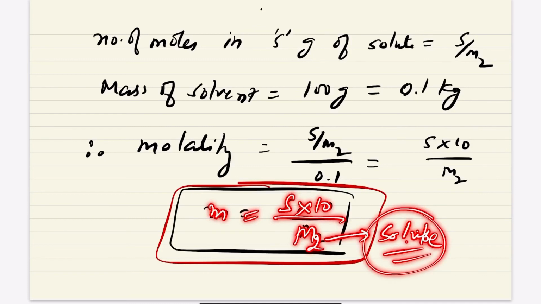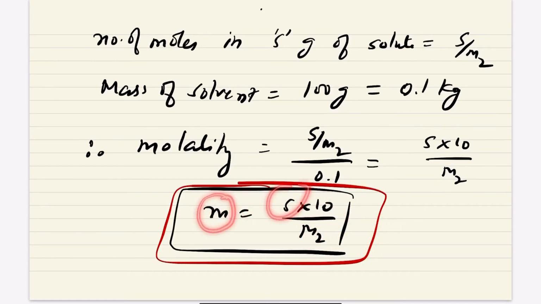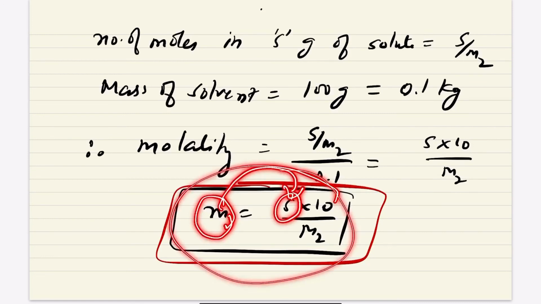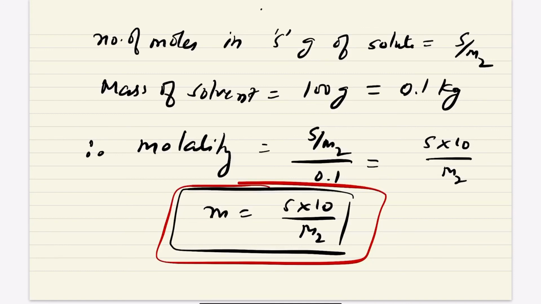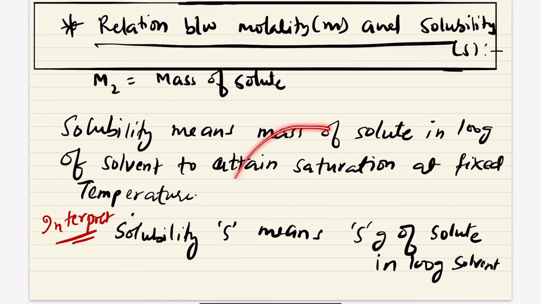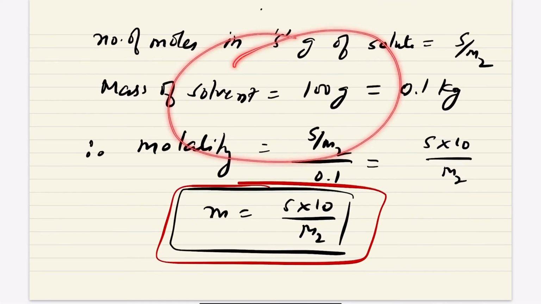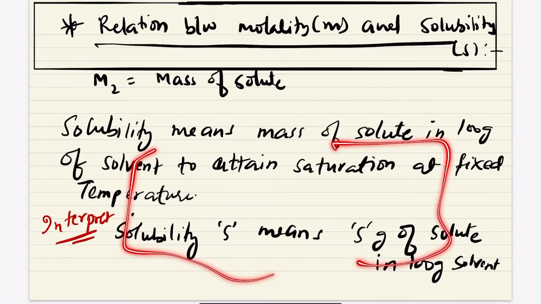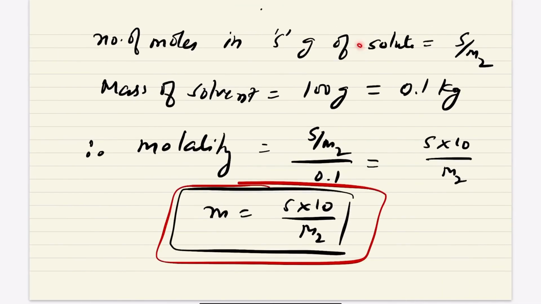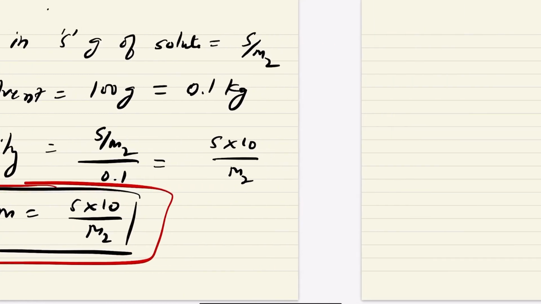Okay, so this is relationship between molality and solubility. If any of one is given, then you can directly find other with the help of this shortcut, if you remember. Otherwise you can adopt also the long method, because this whole calculation is based on the long method. Otherwise I will solve this particular type of numerical with assumptions, without knowing the relationship. But if you remember it, then you can apply this shortcut in your examinations.